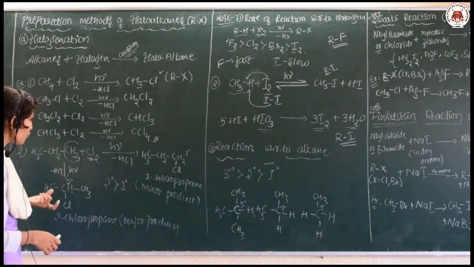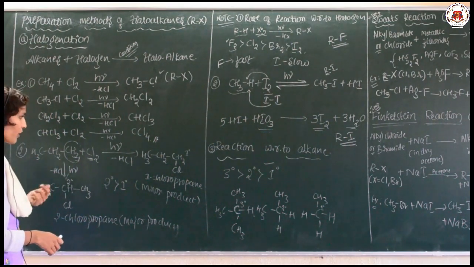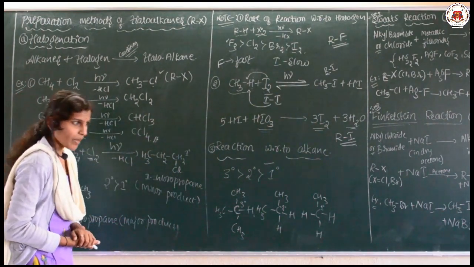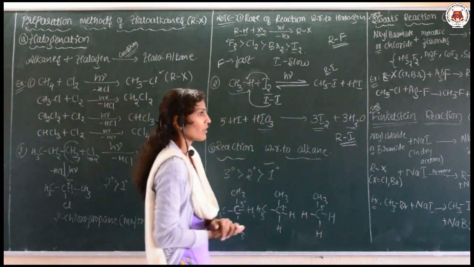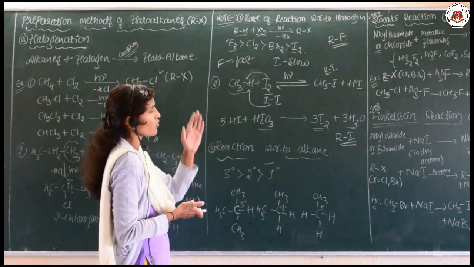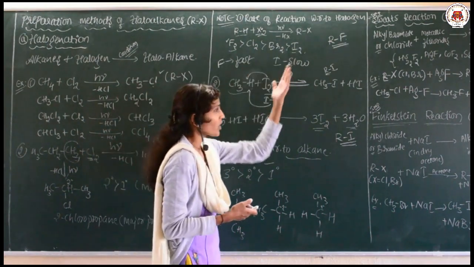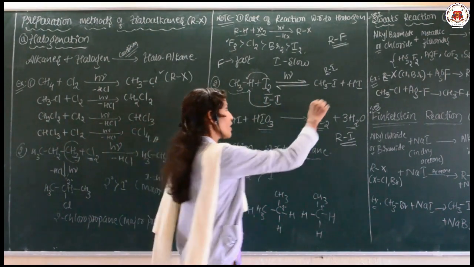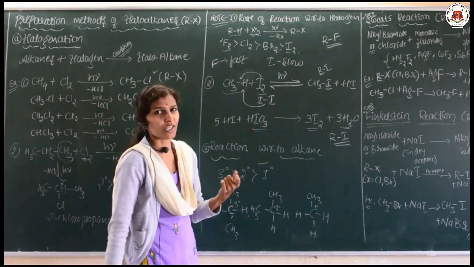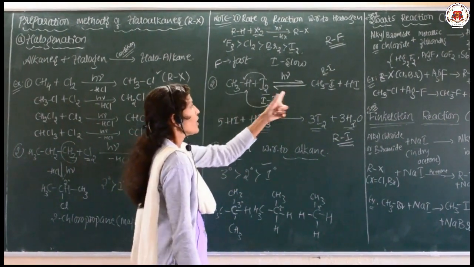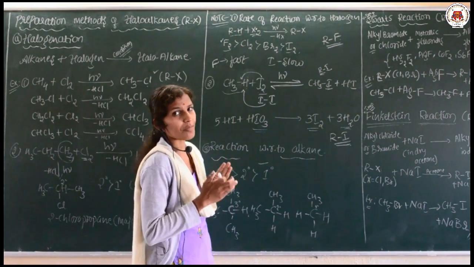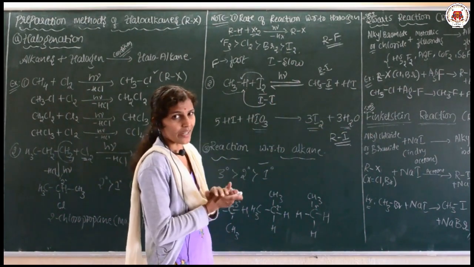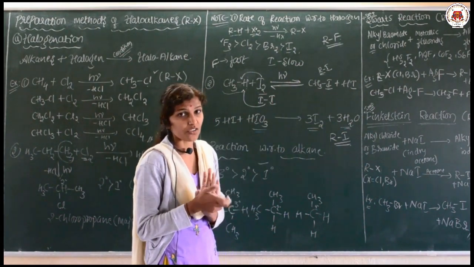Next, if I take propane instead of methane, we are going to get two types of product, one major product and one minor product. When we talk about the reactivity of the halogens, fluorine is always highly reactive compared with iodine. Iodine is the slowest. Whenever I want to prepare a haloalkane with iodine as its halogen atom, it acts as a reversible reaction. In order to stop the reversible direction, I add HIO3 to get the desired product CH3I.